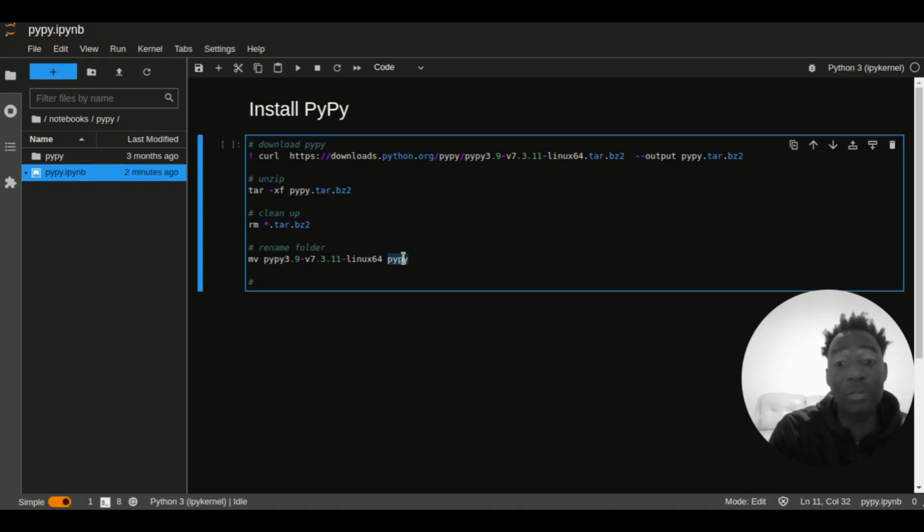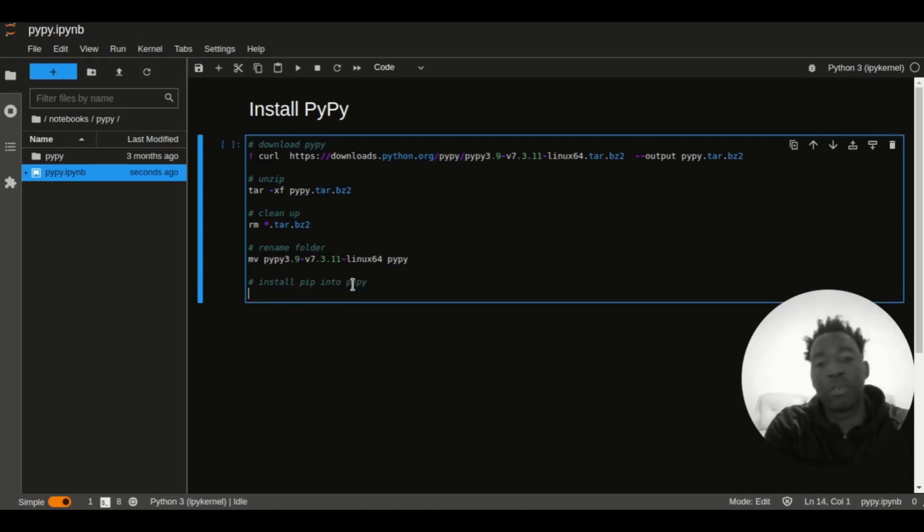One of the things that we do need to do is to install pip. Out of the box, it's missing pip. So I'm going to install pip into PyPy. In order to do that, I'm going to reference the PyPy executable. So I'll do